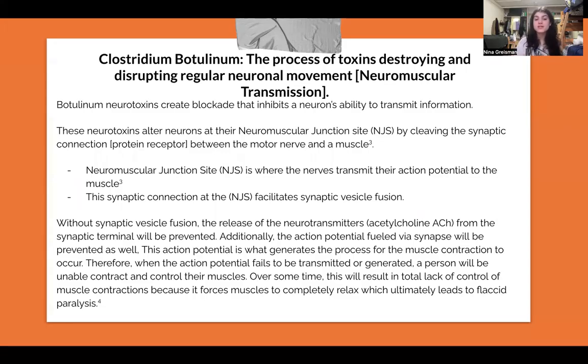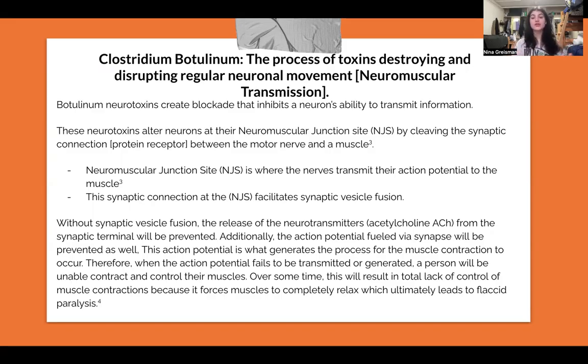And the neuromuscular junction site is where the nerves transmit their action potential to the muscle, which is very important. And this synaptic connection at this neuromuscular junction site facilitates the synaptic vesicle fusion, as I previously mentioned, which is very important because this synaptic vesicle fusion